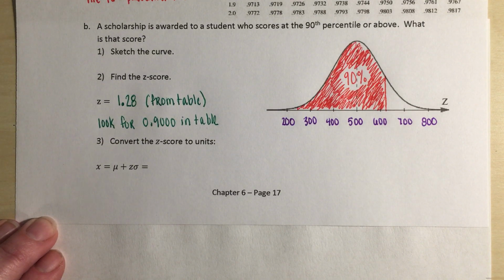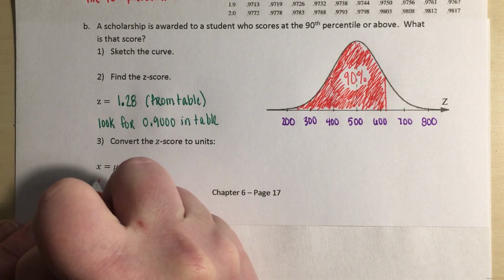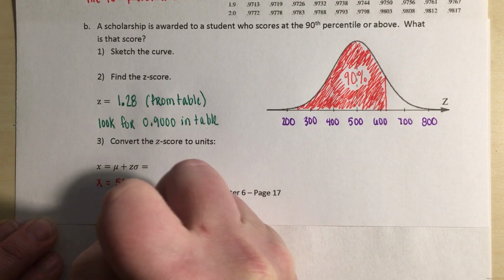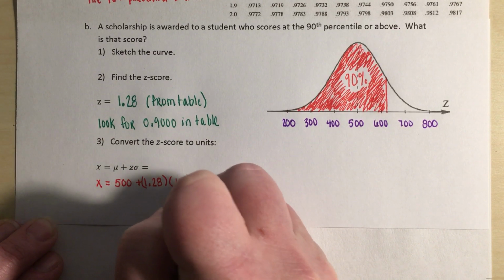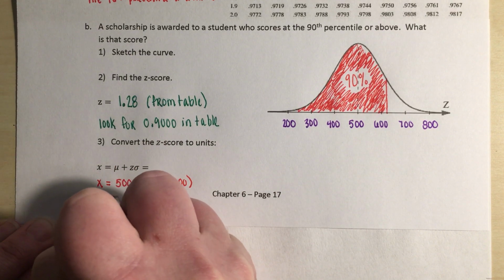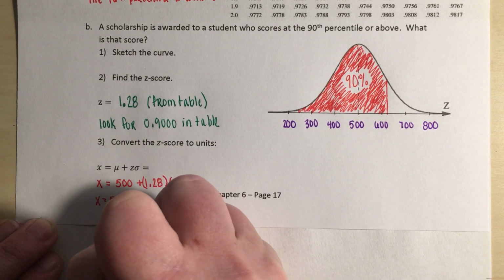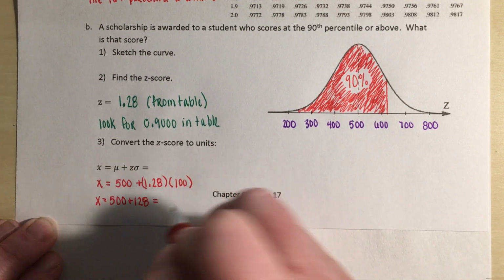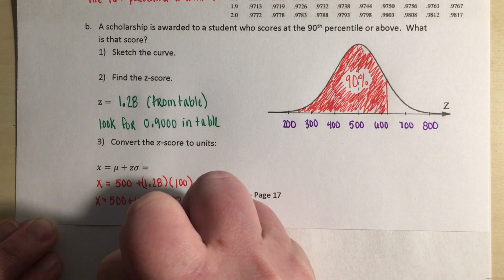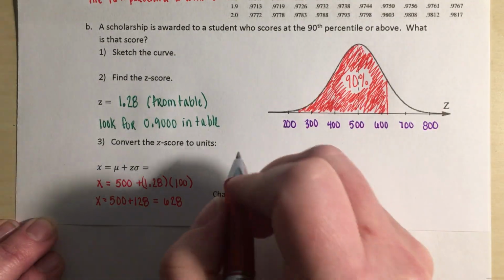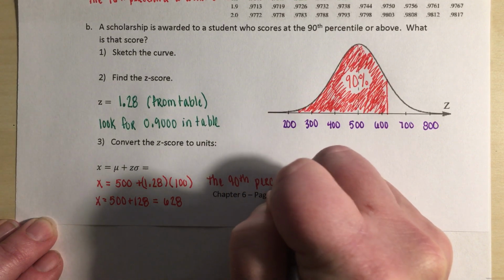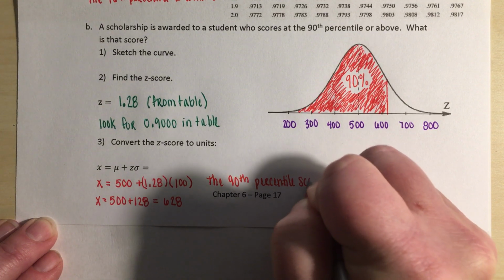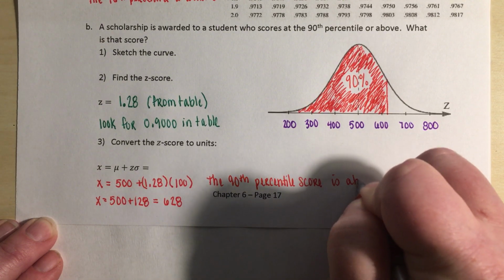Okay. Now that we have that, we're going to plug it into our formula. X equals mu plus z times sigma. So 500 plus 1.28, because that's our z, times 100, that's our standard deviation. Again, feel free to plug this into your calculator all at once or work it out as separate multiplication and addition. Either way, we get 628. So we will say the 90th percentile score is about